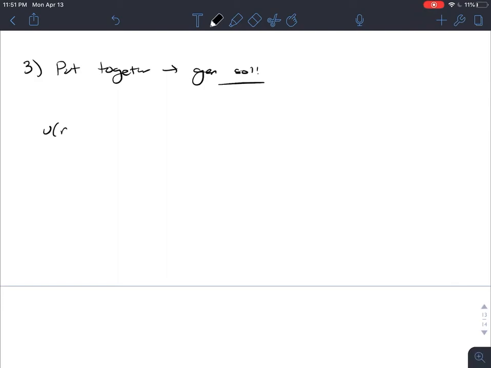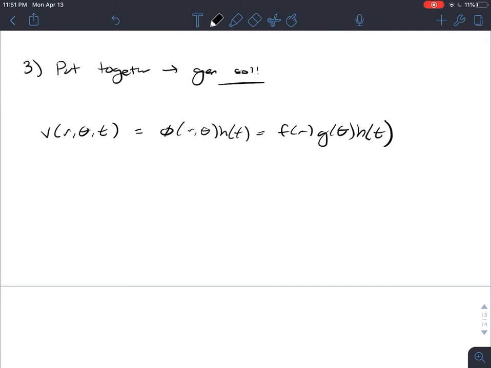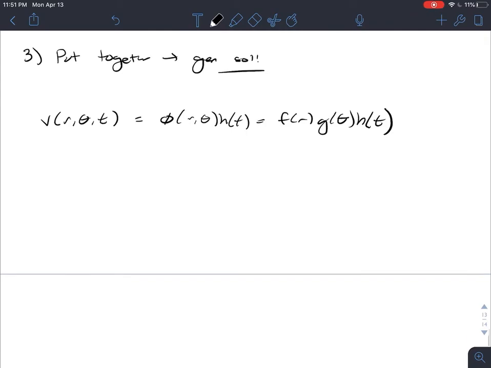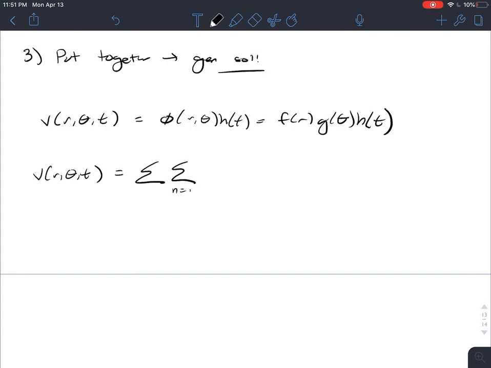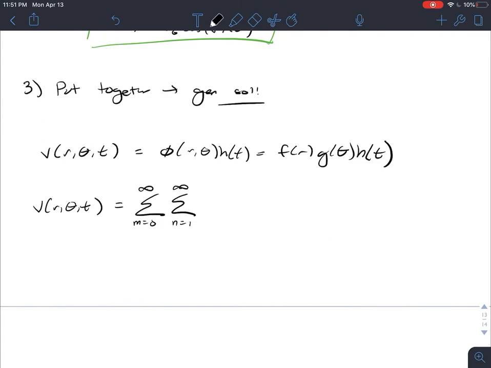So we have, let's call it, v of r, theta, t is equal to f of r, theta, h of t, which is equal to f of r, g of theta, h of t. Great. So putting everything together, we have v of r, theta, t is equal to the double sum from n equals 1 to infinity and m equals 0 to infinity of a_nm J_m